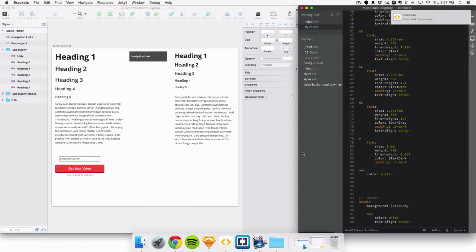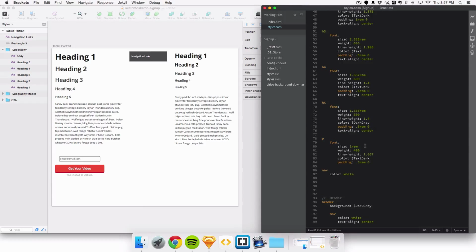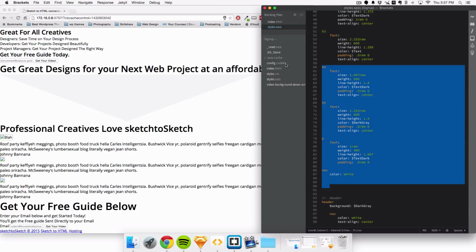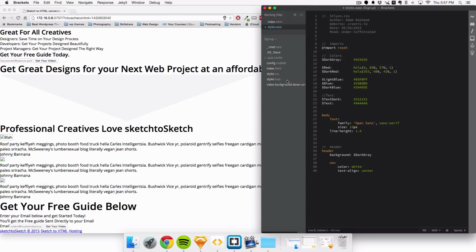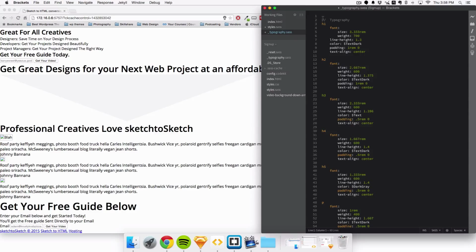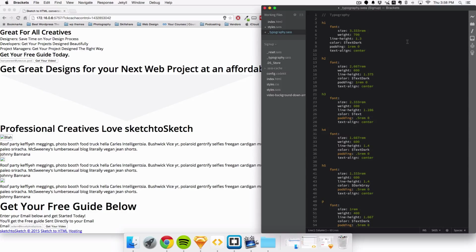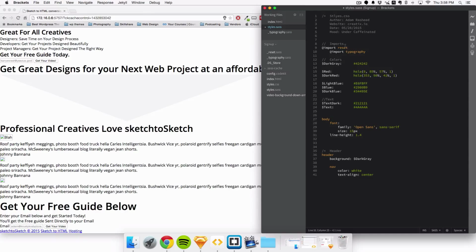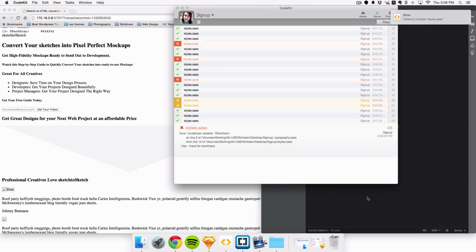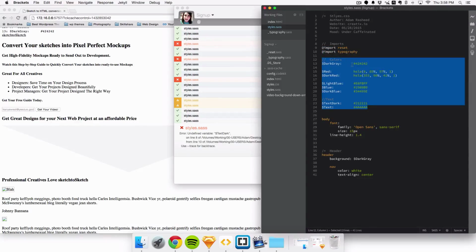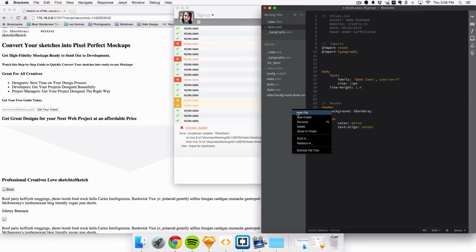Okay, so now you're looking at this code, and this is a whole bunch of code, and we haven't done anything to the actual design yet, and this is just making things look messy. So what we're going to do is Command X this, make something new called _typography.sass. Paste that bad boy up and import. Okay, this is also not working because we have all these. Command X then. Let's make something new called